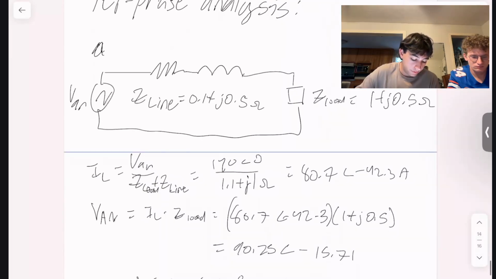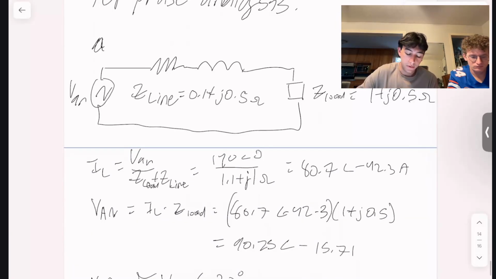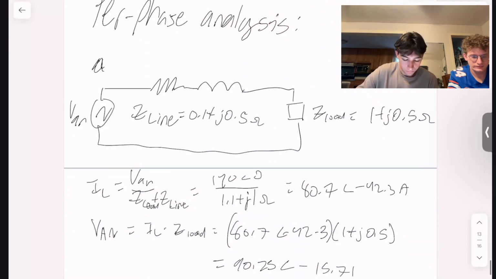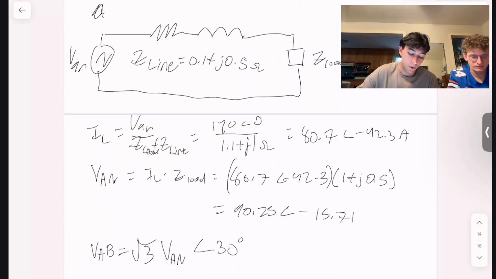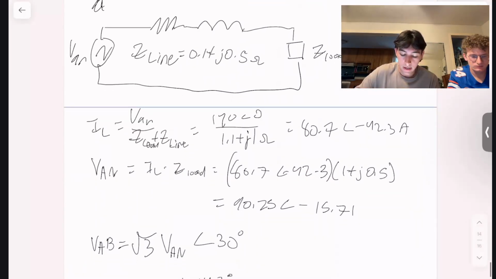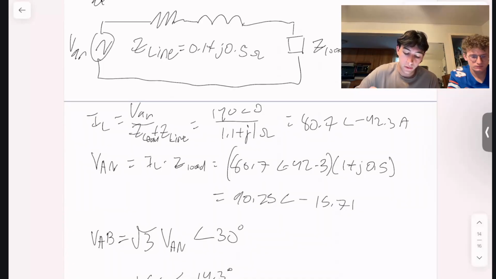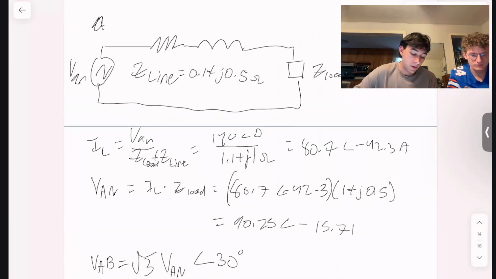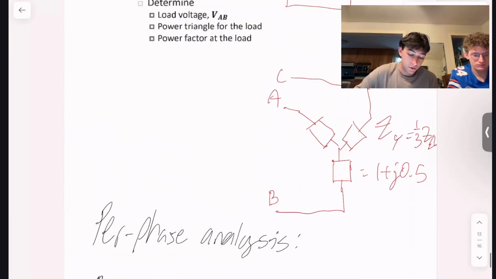After this, you're going to find the current of your line, which is VAN over Z load plus Z line. Your voltage is given to you. It's a 120 at an angle of 0 for A. You're going to divide that by 1.1 plus J times 1 ohms to get 80.7 at an angle of negative 42.3 amps. So after that, you can find V capital A capital N, which is going to be